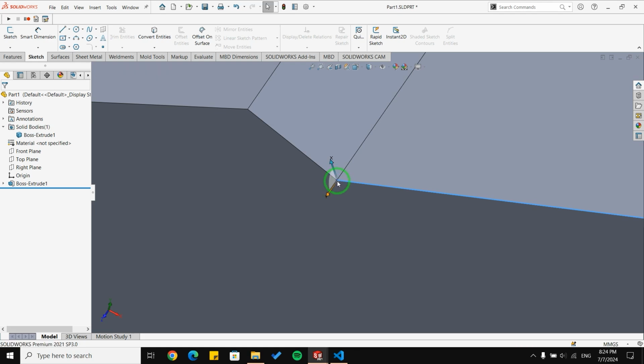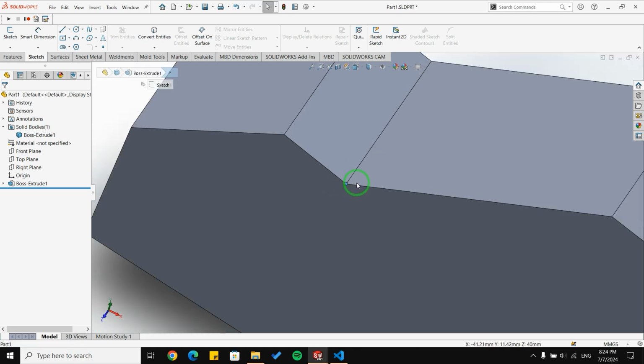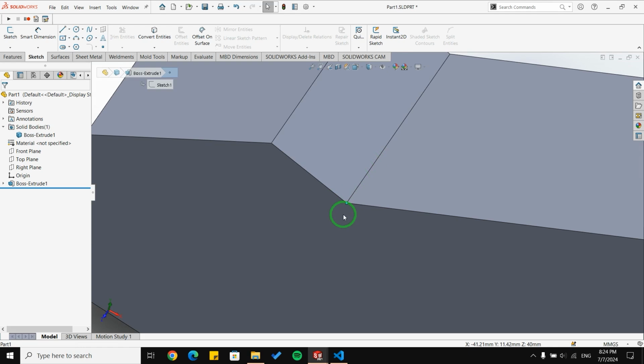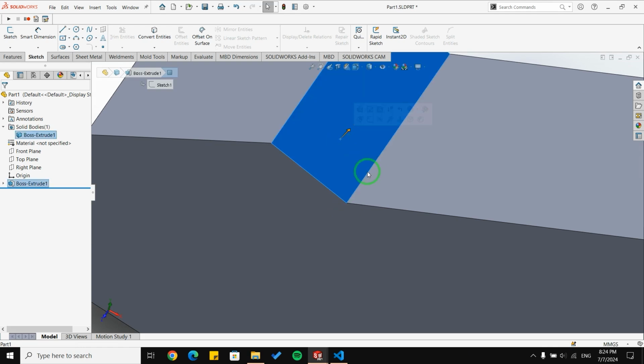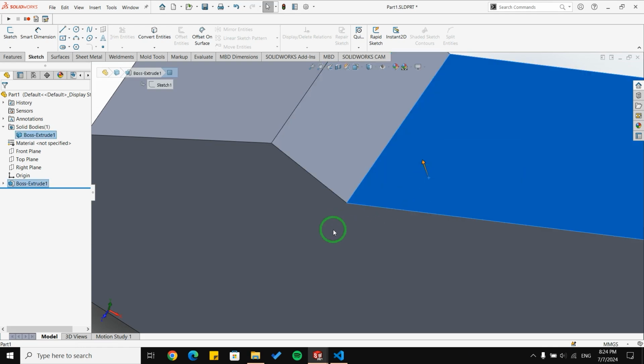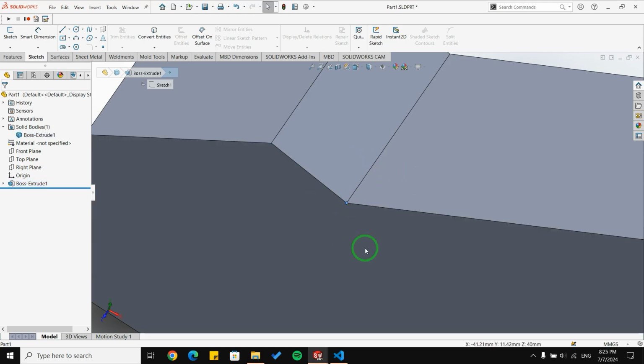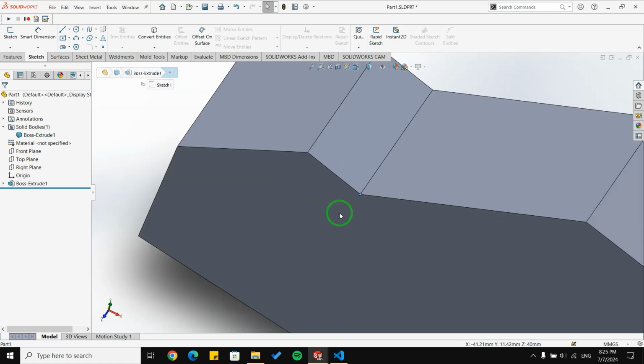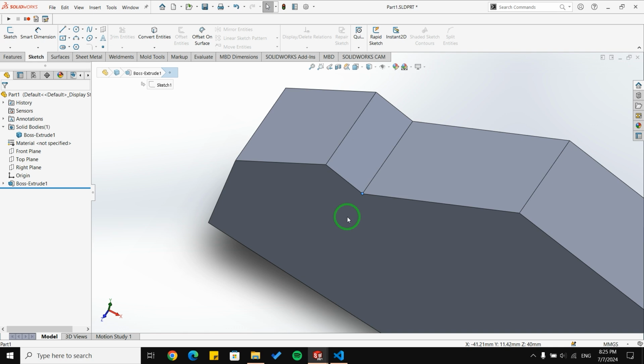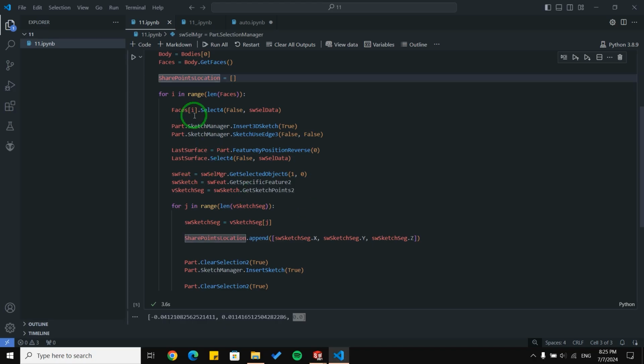Let me select it. This point here appears in this surface and in this surface and in this surface. So we can see the location of this point in 3 different surfaces. So we need to, in the rest of the code, somehow delete duplicate points. So I call this variable SharePoint location.